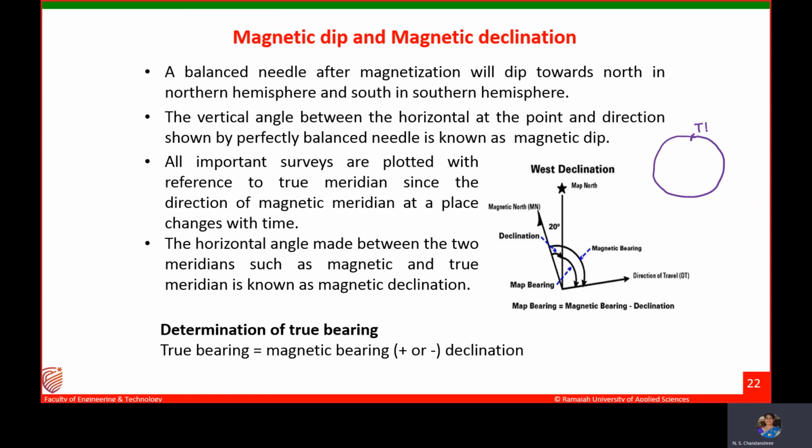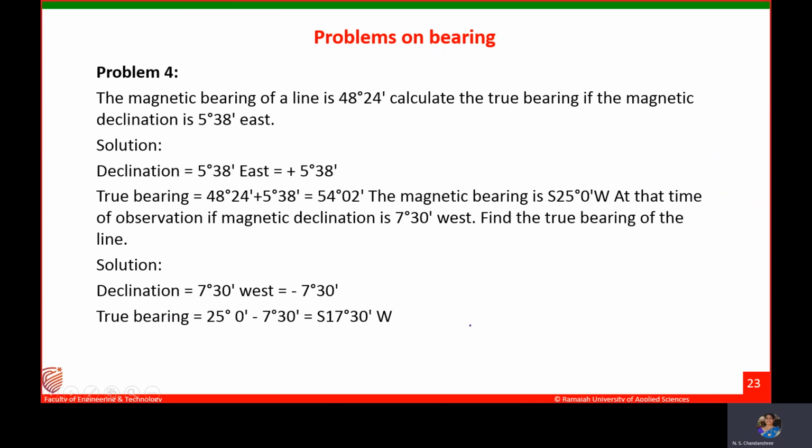Magnetic declination means the difference between, now, if this is the surface of the earth and this is the true north, and this point is magnetic north, then if you suspend a magnetic needle, it will show you a difference angle theta. This theta, the declination, can be either westward or eastward. The relation between true bearing and magnetic bearing is: true bearing is equal to magnetic bearing plus or minus declination.